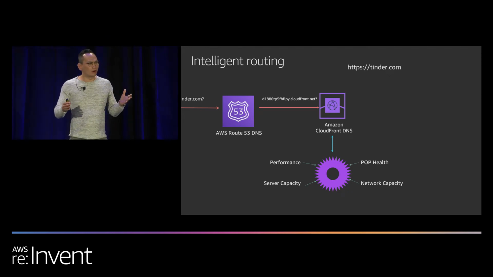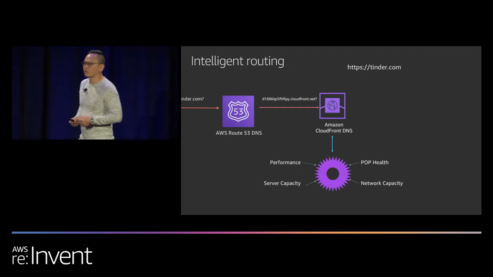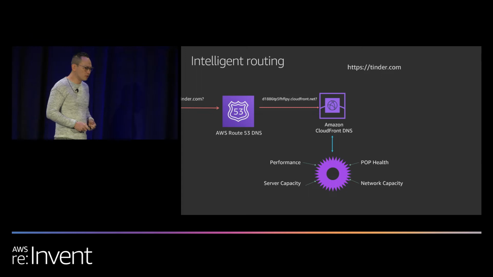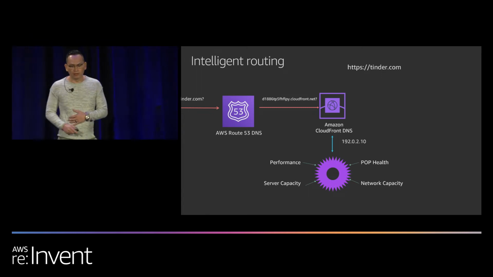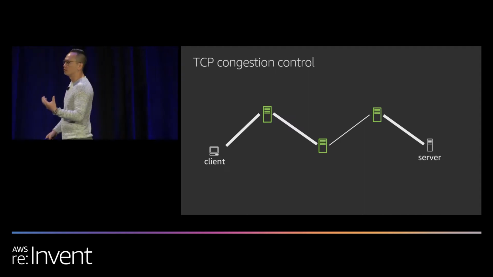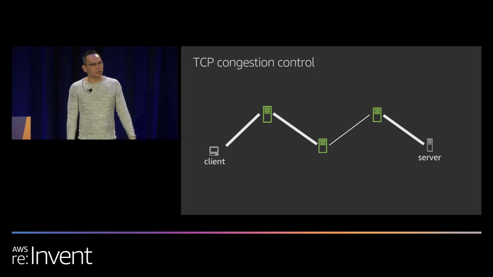We're monitoring our links to these different networks, and we want to make sure that we're not sending traffic to edge locations that might be close to flooding their links, right? So with all that information, we can provide an answer in real time to the client, and the client can then go ahead and make a connection. All right, so that was our intelligent routing.